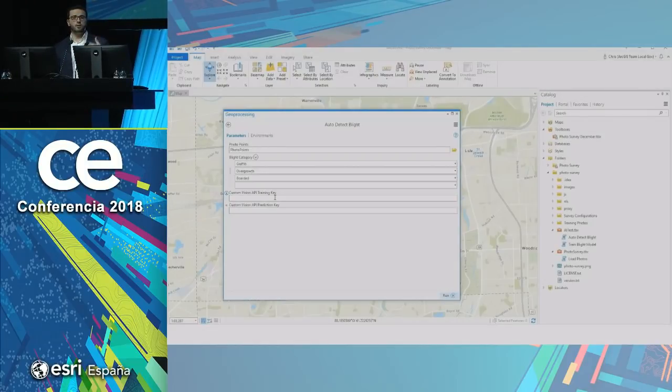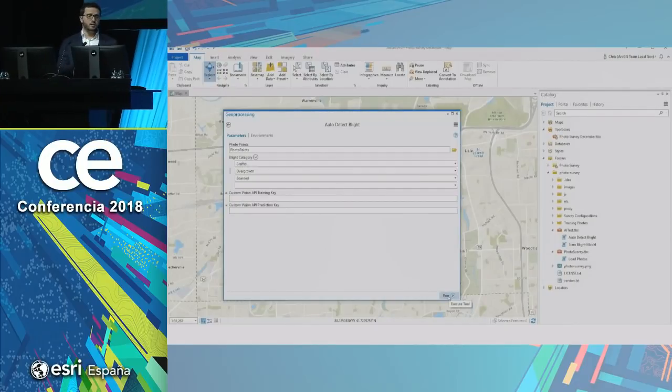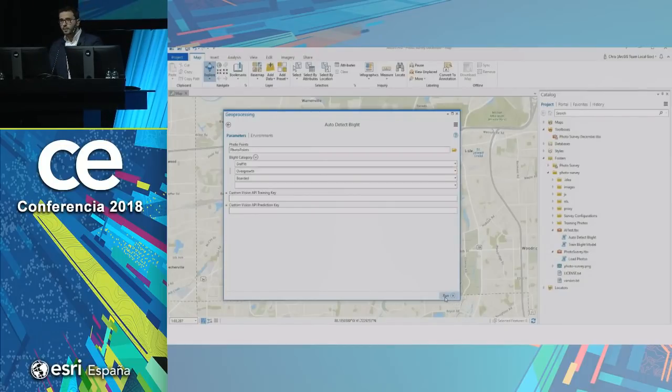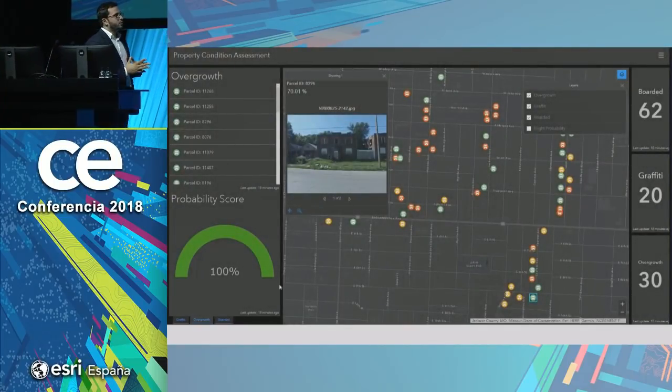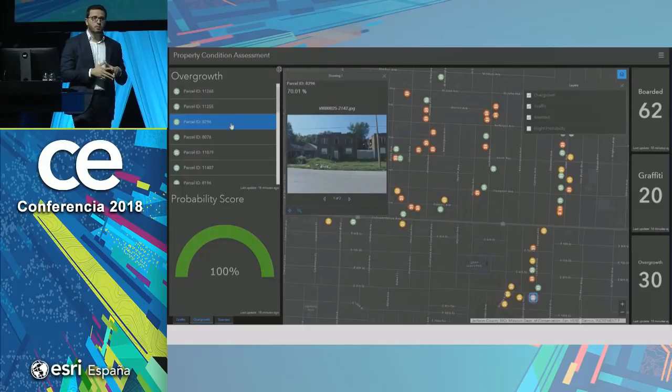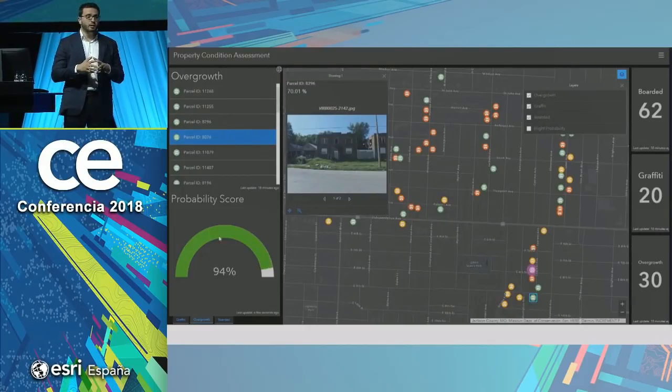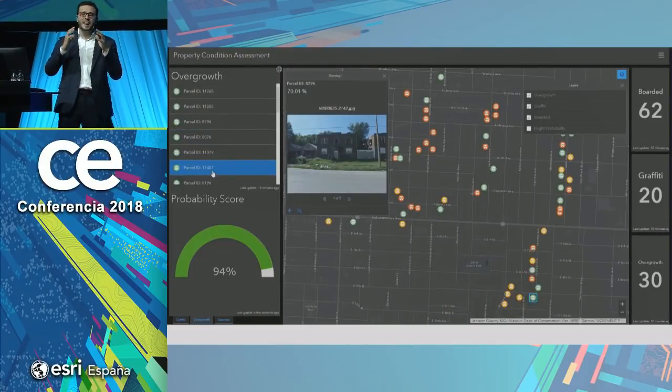These keys are provided by the model trained on Custom Vision Service on the cloud. So we can upload these items with the values from Custom Vision and start configuring this to run in Pro. And you can have this beautiful dashboard that automates the process of detecting these features for 180,000 houses in a couple of hours.